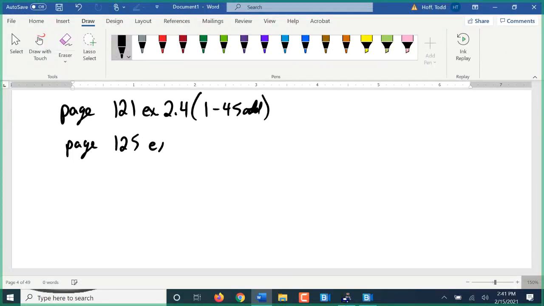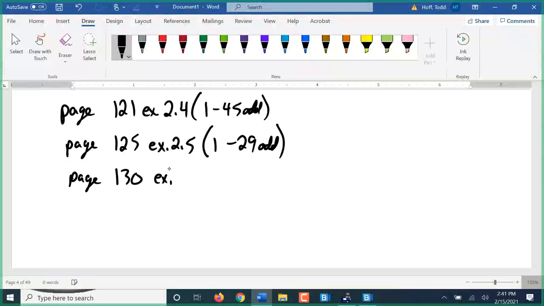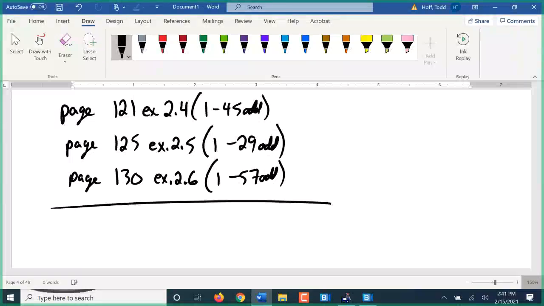Page 125, exercise 2.5, 1 through 29, the odds, that is working with the powers of 10. And then our scientific notation is on page 130, exercise 2.6, 7, the odds. We have about 8 minutes left. If you'd like to get started on that, I'll be on the network here to answer any questions. Otherwise,